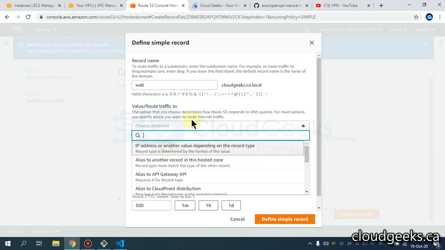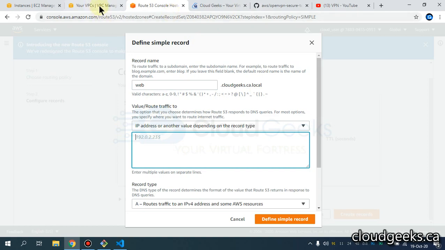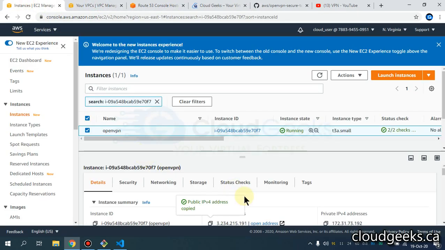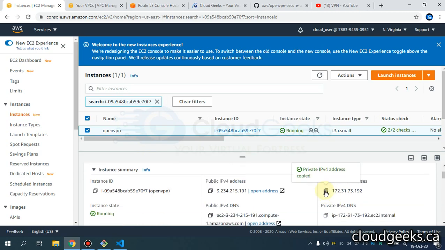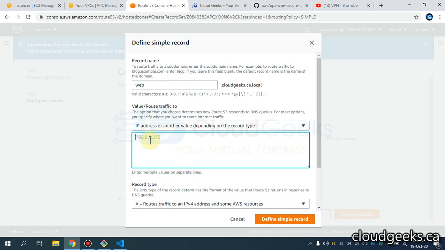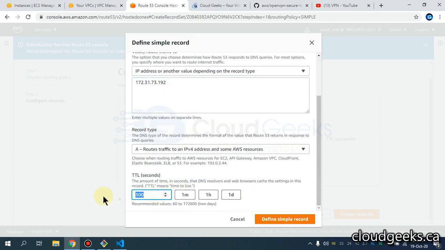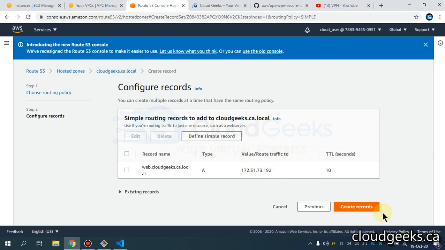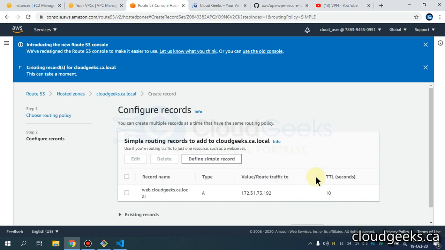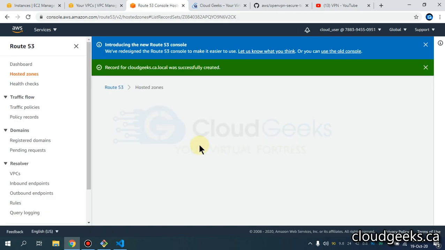So in that call, put the IP address of your EC2 instance. This is the private IP address of your EC2 instance. We are going to use it; we are going to access it with the private IP address. Let's reduce the TTL for this. Okay, so this is the IP address